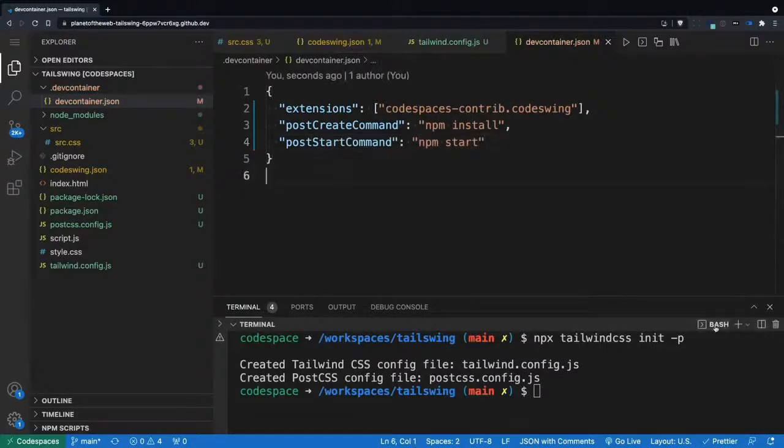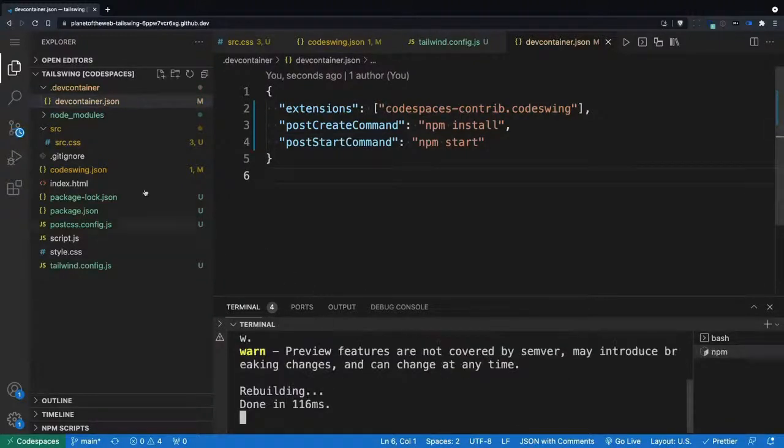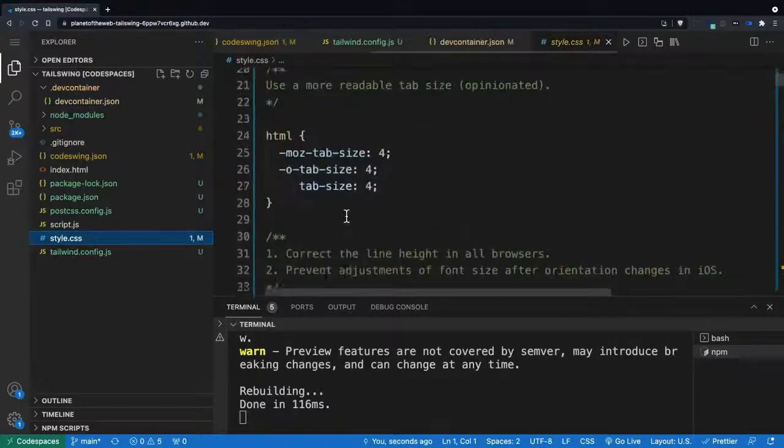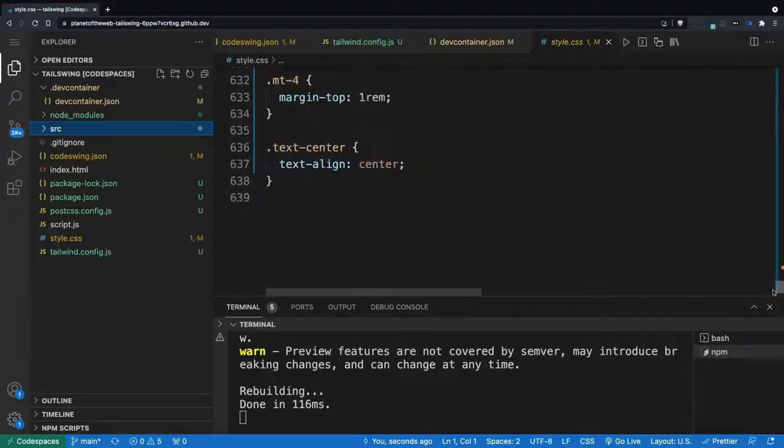Now we can see if this is working by issuing an npm start command. This will process whatever is here in the source.css file, and it'll output it to style.css. So you should see something like this. It's 639 lines right now, but this is actually a lot shorter than if I were to take out